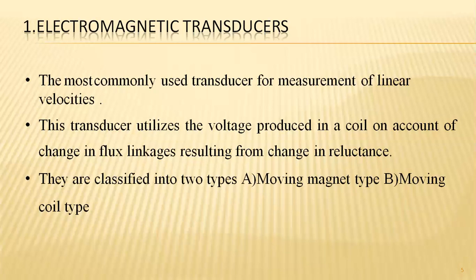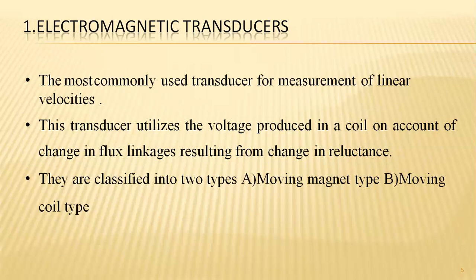Particularly, it has been classified into two groups. There is the moving magnet type. As this magnet moves from one side to another, the field variations will vary. Depending upon the field variations, the voltage fluctuations will take place, increasing from the primary range to the secondary range, or decreasing when it bypasses the primary range.